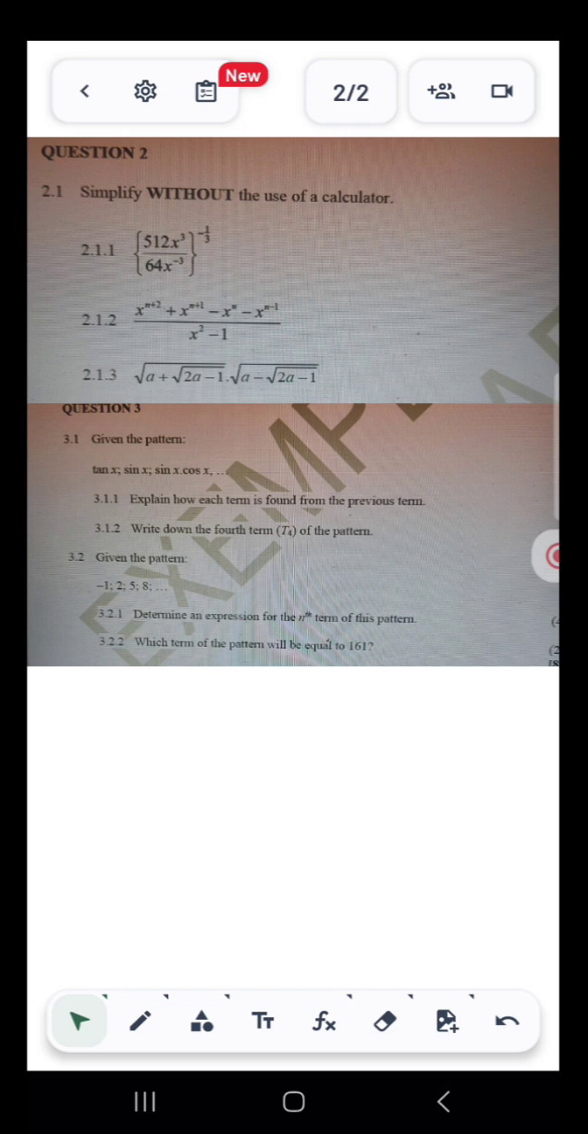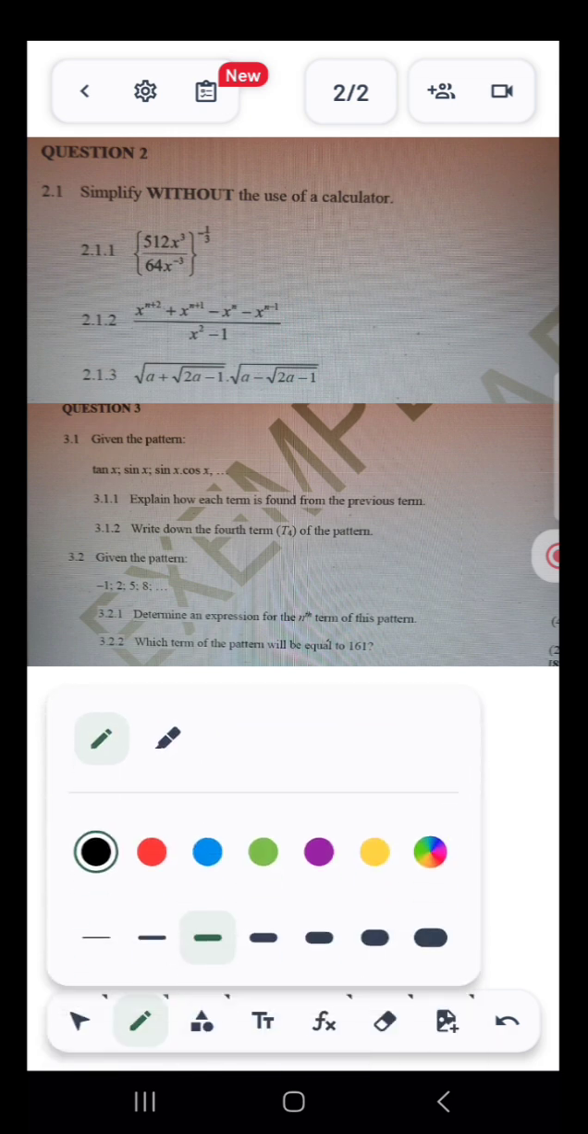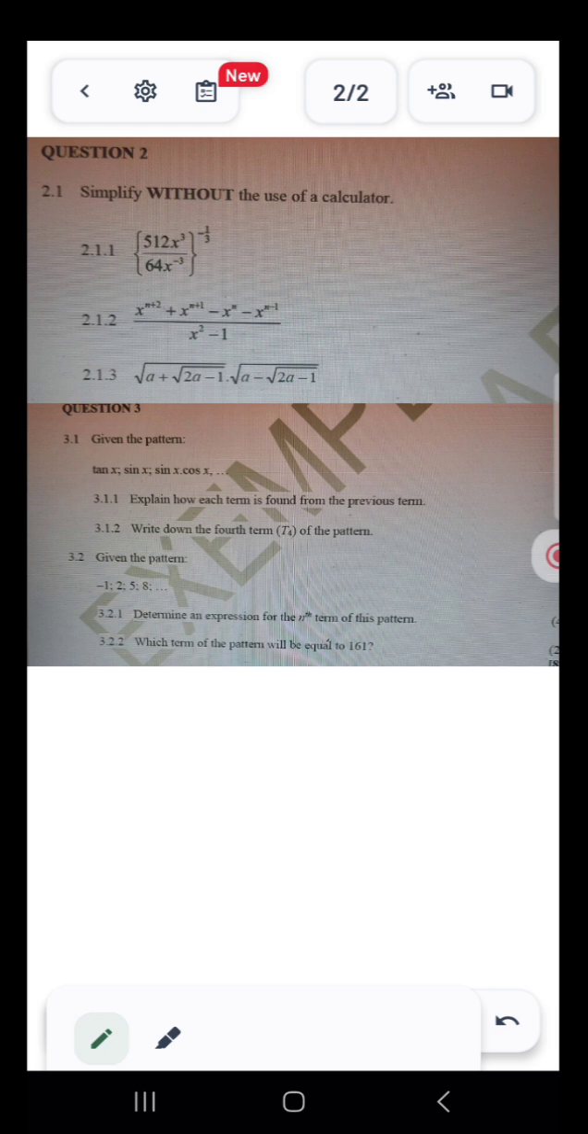Okay, we have our first question: simplify without the use of a calculator. When they say without the use of a calculator, it means no calculator, guys. But I like this question. Even if you have a calculator, you can. So let's dive into the first question. The first question says,